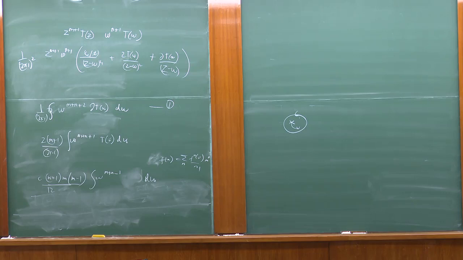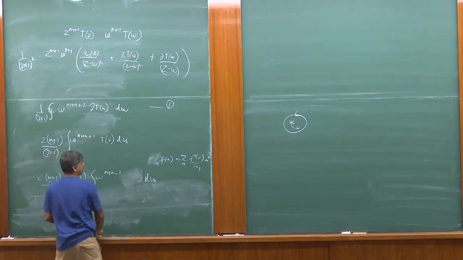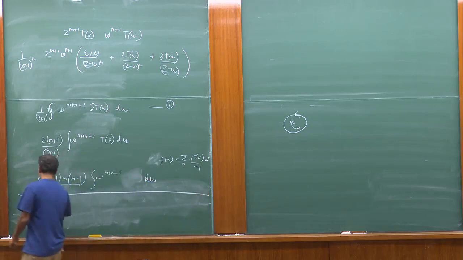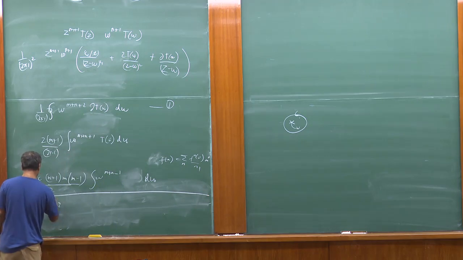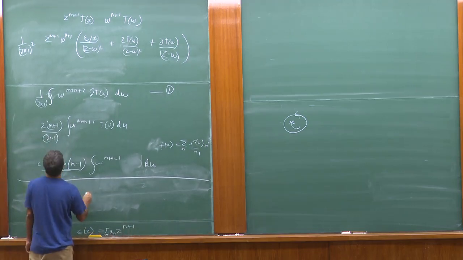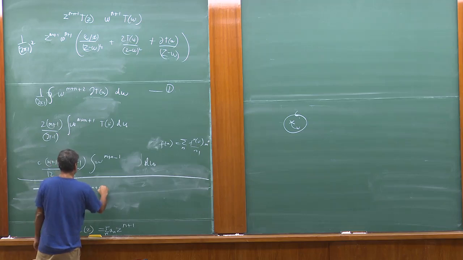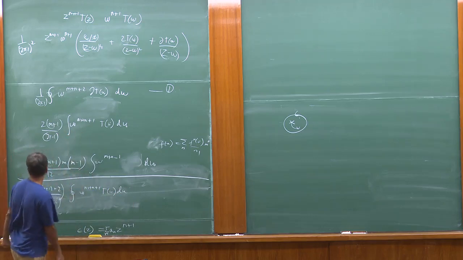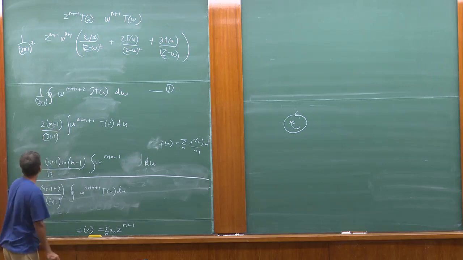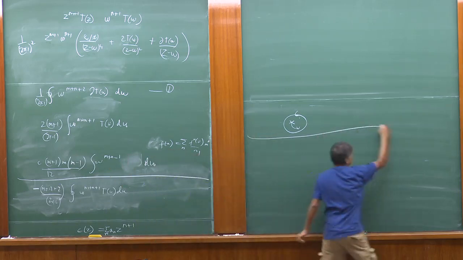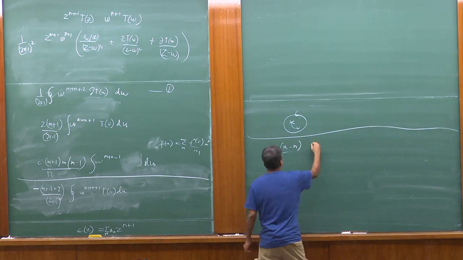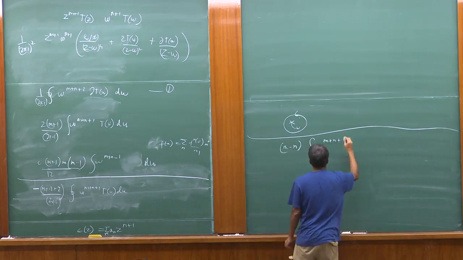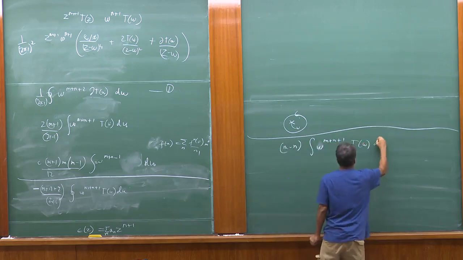We integrate by parts. So this guy is the same as minus (m plus n plus 2) by 2 pi i times the integral of omega to the power m plus n plus 1 T of omega d omega. So it's a term of the same form as this guy. We can club them together. 2 and minus 2 cancel. 2m becomes m minus n. So we see that the final answer is (m minus n) times the integral of z to the power m plus n plus 1 T of omega d omega, always with the 1 over 2 pi i,